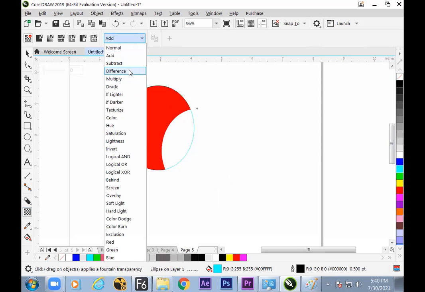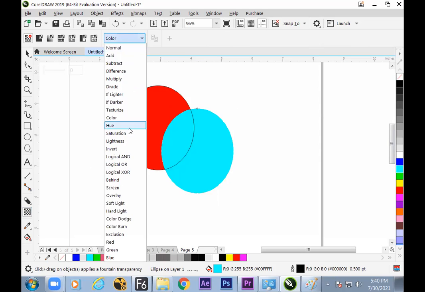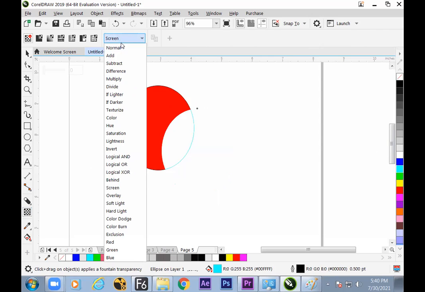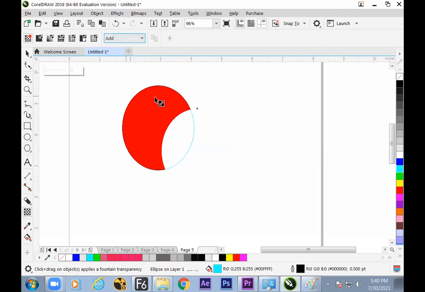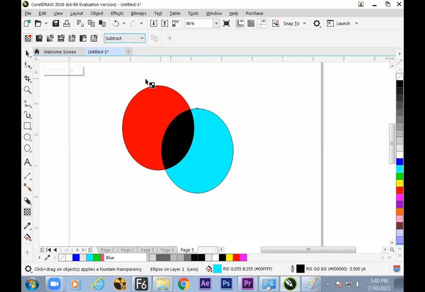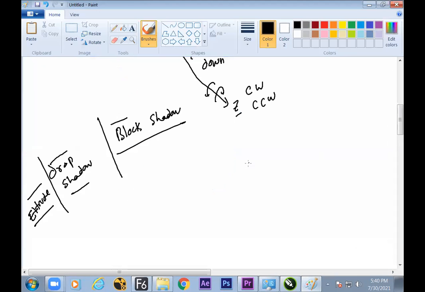So add, multiply, difference, a lot of operations are there. We can go for any one. So hope we have understood now how to work with the modes. So these many modes are there, and their math is working on the backend. Subtract, difference, multiply, and all. Is it okay? Fine then. So two extra features we have added now inside the transparency window.